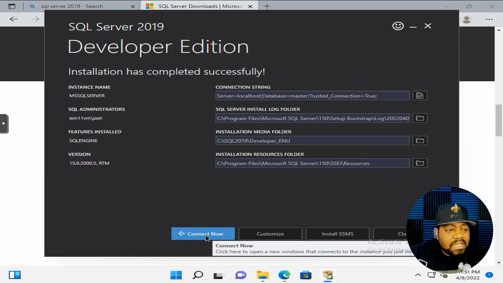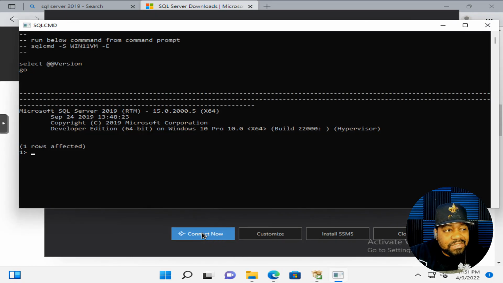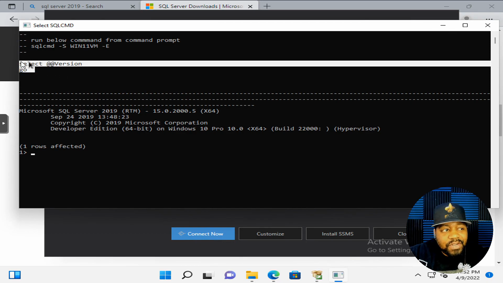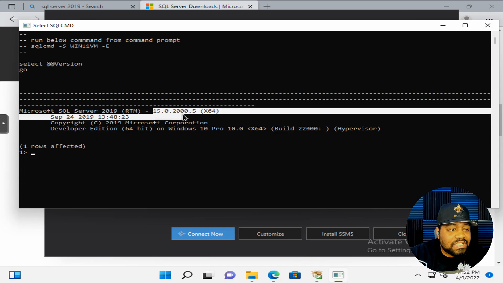Now down here at the bottom there is a connect, so you can connect to it now, and it'll basically run a basic command, select version. That's how you run select version, and it'll display the version of SQL Server that's installed. We already saw it in the information that was provided after the install, but as you can see, it just displays the version,